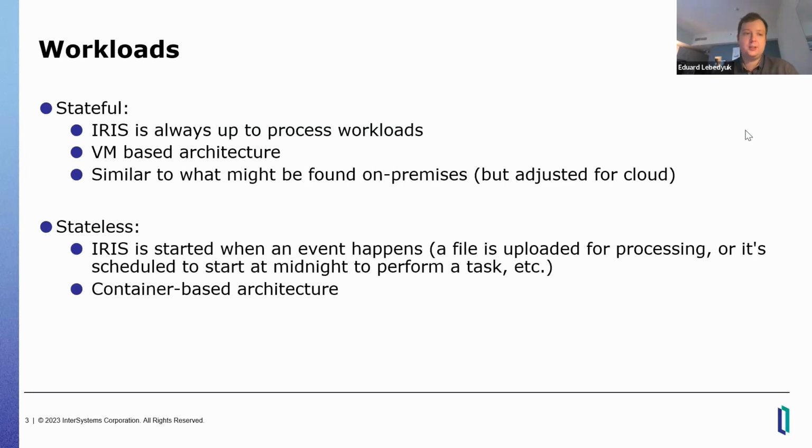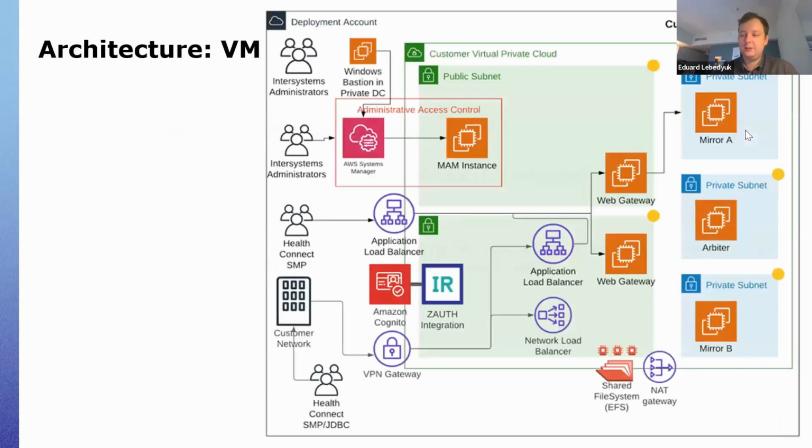So let's start with the stateful. And here is the sample. It's actually not a reference architecture, but one of the architectures for one of our cloud public offers. And you see the familiar site. So we have two mirror members, which are in separate subnets, Arbiter in yet another subnet, two web gateways, one for each mirror member. We offload the